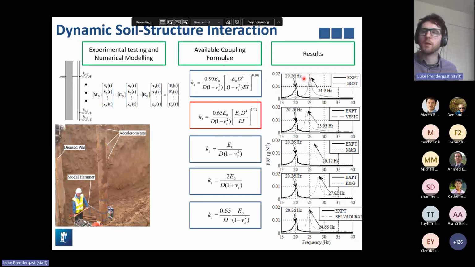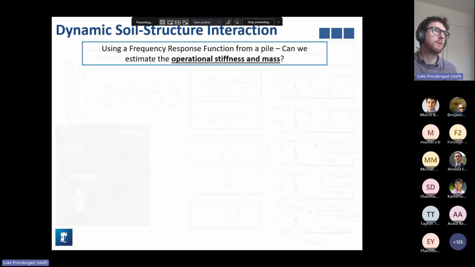So this was a critical finding from my PhD at the time, actually, because it led us to believe that we generally put spring beam models without any incorporation of the soil mass. And actually, the soil mass does appear to be mobilized to some extent. So therefore, if we incorporate that, we should get a better estimate. So that led us on to the development of an FRF-based model updating approach.